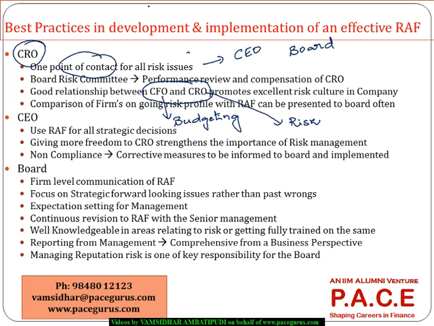When one good risk management practice is implemented in the organization, what is the cost saving that the company has got, or what is the loss reduction the company has got, the numbers would be present directly with the CFO, and he can present those financial impacts. So right at the cost level, to implement one good risk management practice, what is the additional cost that is involved, even that would be presented by the